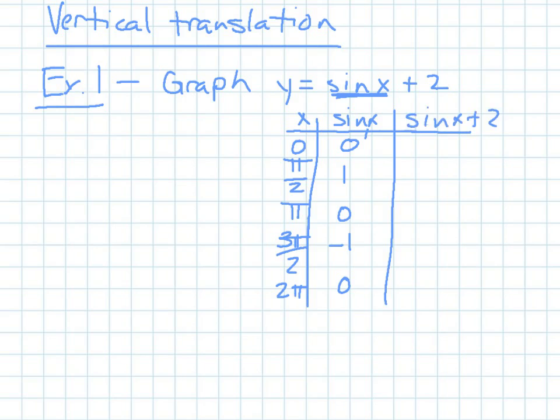So now sine of x plus 2 means that when I take the trig function, I actually add 2 to all those values, making it move upward or downward because I'm adding or subtracting on the outside of my trig function. So 0 plus 2 is 2, 1 plus 2 is 3, 0 plus 2 is 2, negative 1 plus 2 is 1, and 0 plus 2 is 2. So when I graph this,